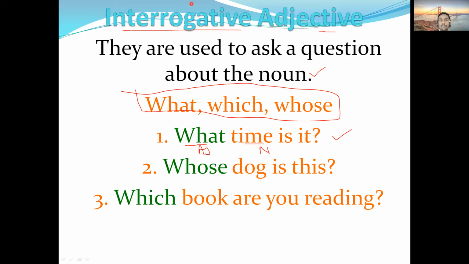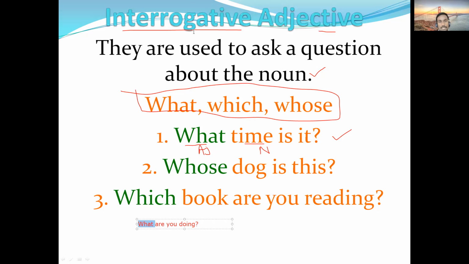If I give you another example, you can tell me. If the question is like this, what are you doing? So in this case, what is not an adjective? Okay, why is it not an adjective? Because it is not referring to any noun here, so that is not an adjective. In that case, it becomes a pronoun.